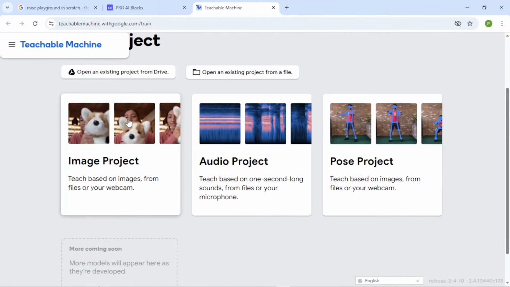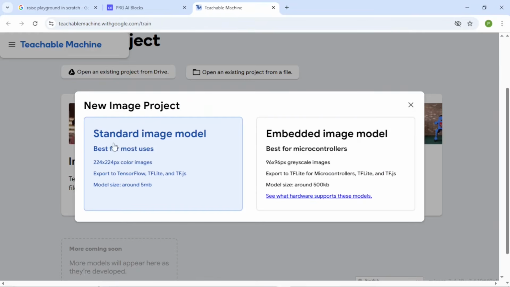Here you can create a new project by using images, audio sounds, or different poses. So I just click on images because here I am going to create an image project. There are two options, embedded image model or standard image model.